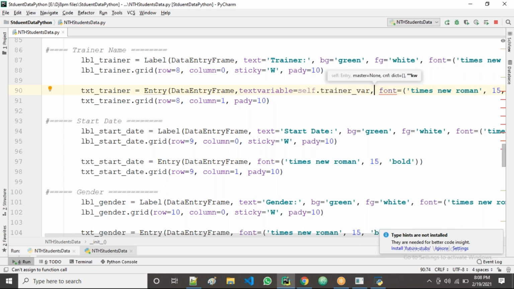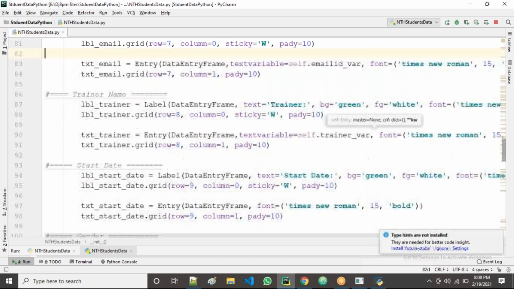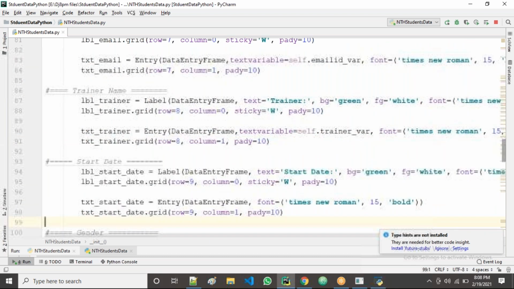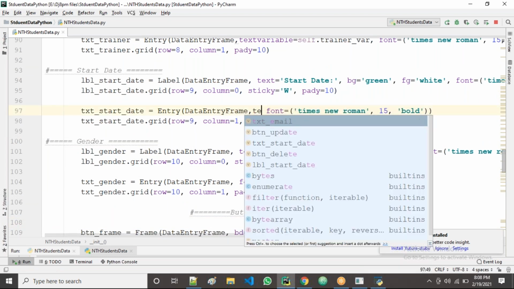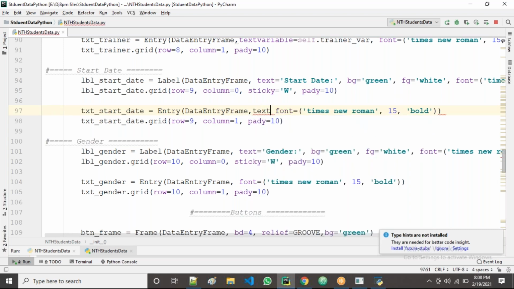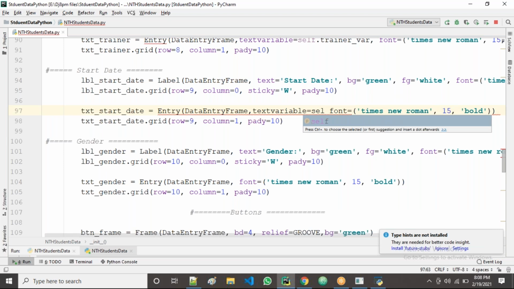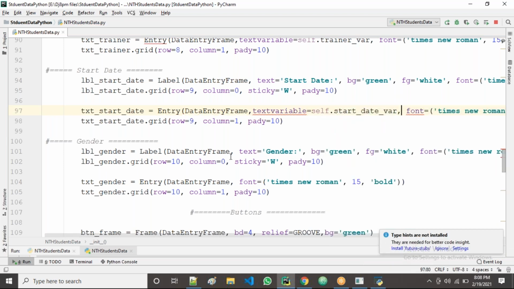I think the previous one is over, right? Now for start date, again text variable equal to self dot start date variable.